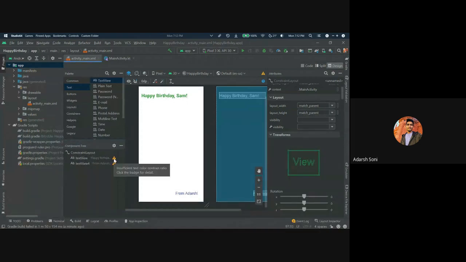Okay, so what is this sign saying? Insufficient text color contrast ratio.